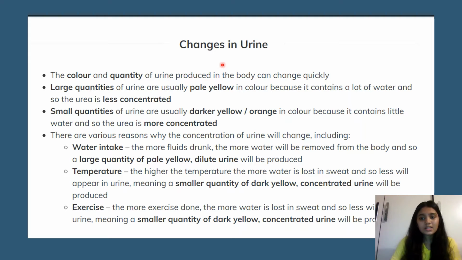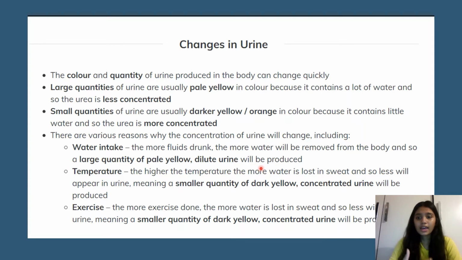When you excrete a small amount of urine, it's going to be darker because you have a greater concentration of urea as compared to water, because of different circumstances. Just remember, small quantities means it's going to be more concentrated and darker because of less water. Now these are the reasons why the concentration of urine changes. Water intake, as I already explained before,